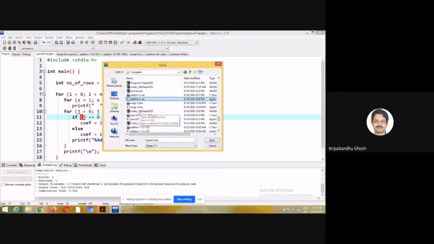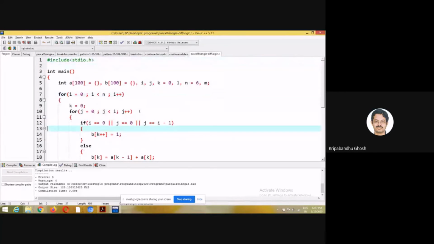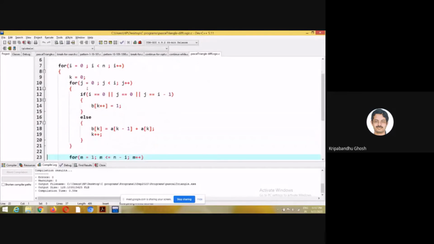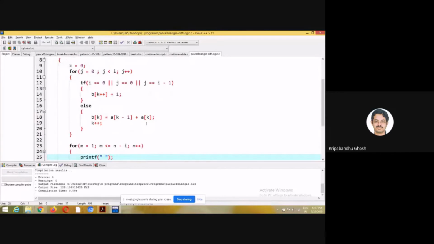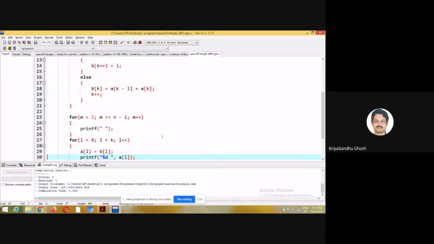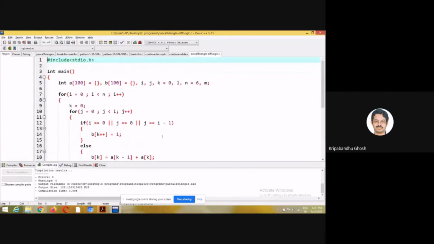Where is it? Yes, this is another logic. This can be a bit complicated, but this is exactly what I told you. I am using arrays to store the coefficients of the previous steps, and I'm adding them up and printing. So this will give you the same results, I think. But logically it is a bit more complicated.